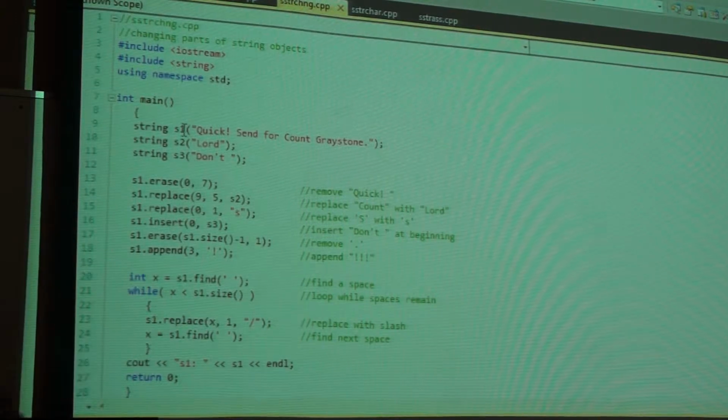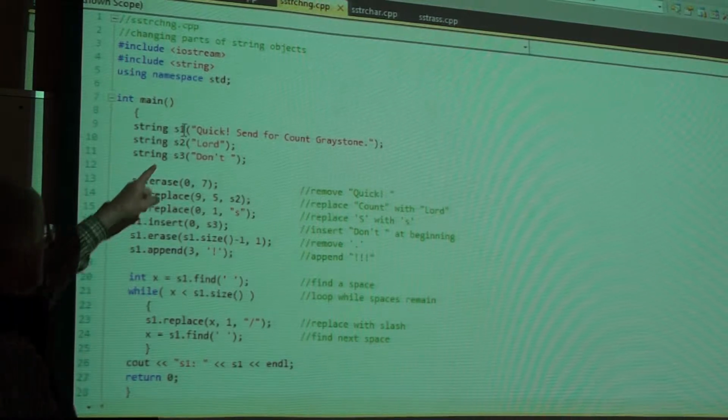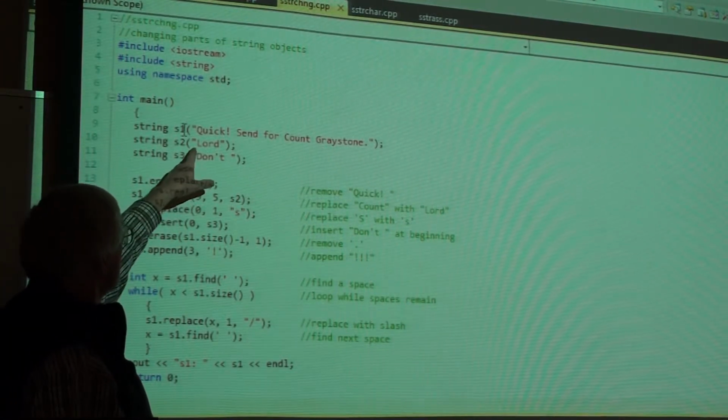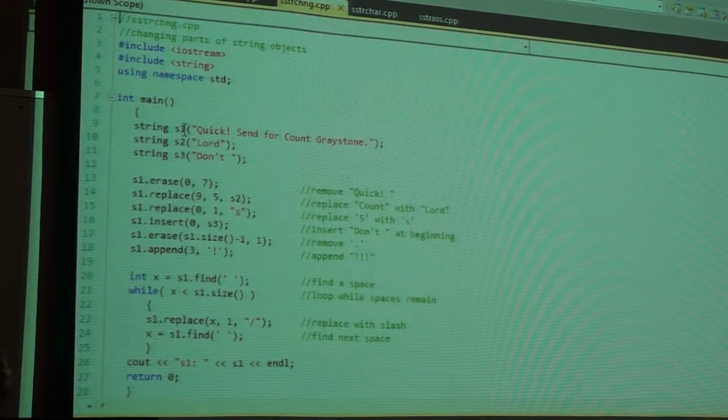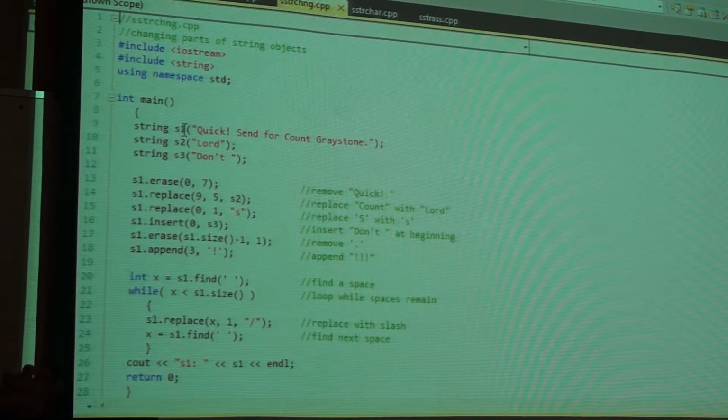Now we could have, and you will, for the fraction class, develop more than one argument for a constructor. So you'll have a single argument constructor, you'll have a two argument constructor, okay? So if we had another constructor here, we might conceivably say string S2, left paren, world, comma 4.